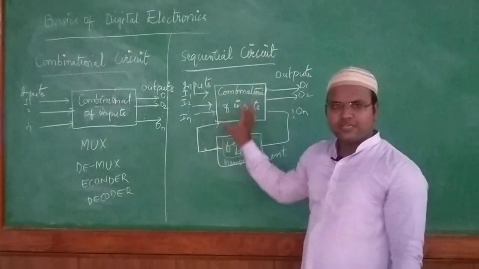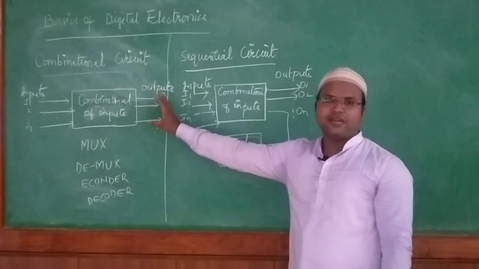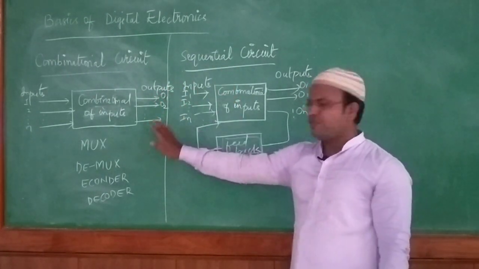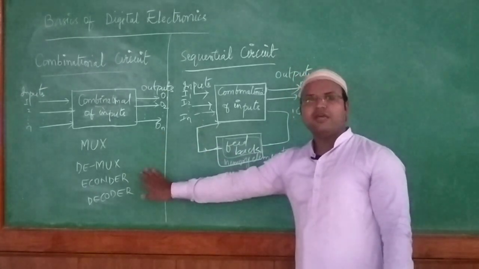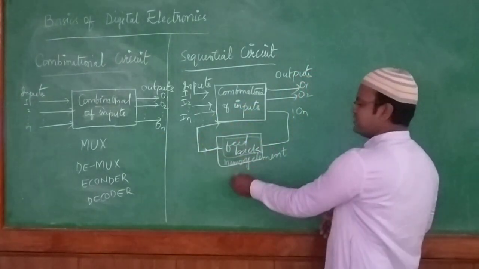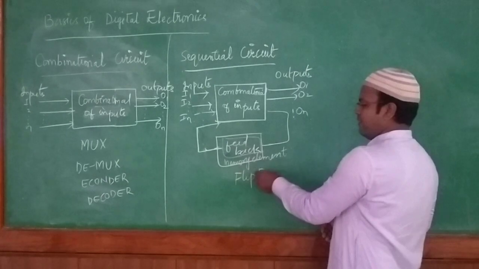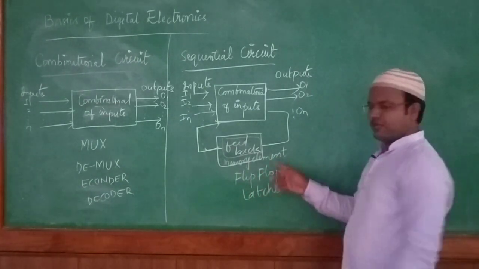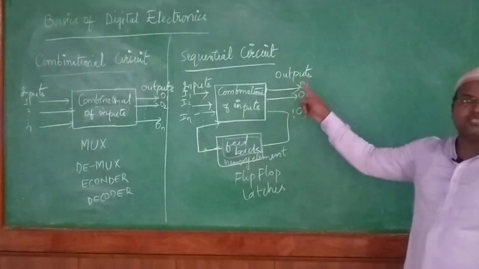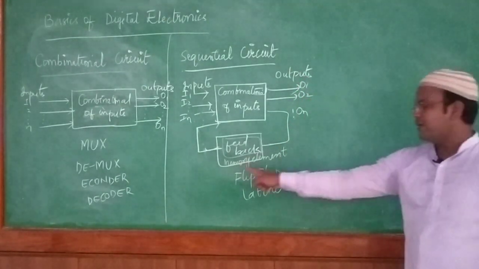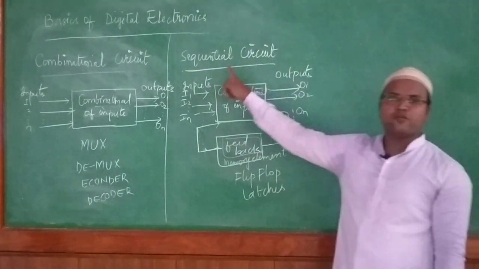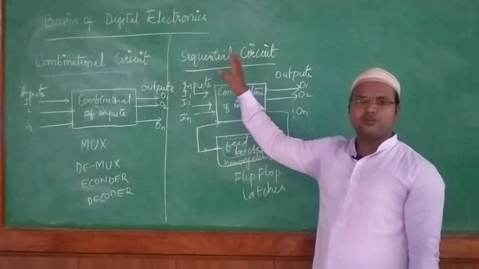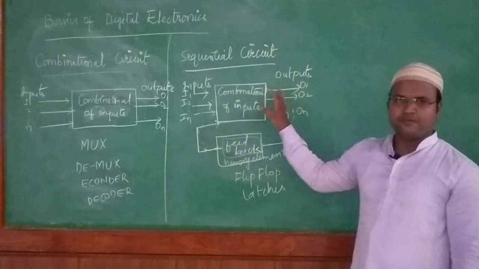The sequential circuit designing and the combinational circuit designing will be in units 3 and 4. In detail, we are going to see all these types, and in the sequential part we are going to see flip-flops and latches; everything comes under this particular sequential circuit design. So this is the part we are going to learn in sequential circuit design. This is how the basics of digital electronics are.